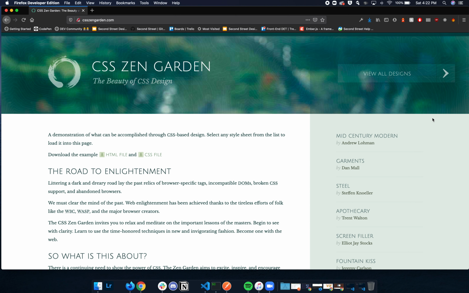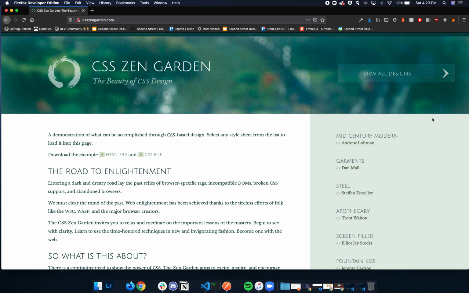The next assignment for Web 1. So what the CSS Zen Garden is, or was rather, was an experiment that came around right when CSS was starting to take hold in the browsers and become the way that people would style their web pages. Before that, a lot of the styling on the web would be done through things like center tags or font tags, or the layout would be done with a table element